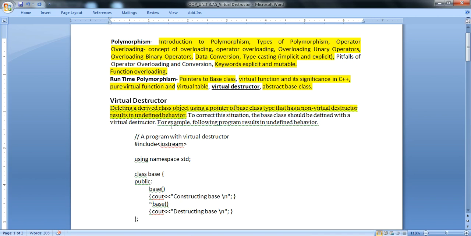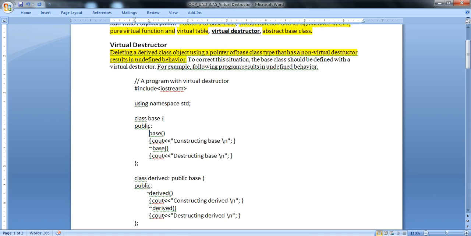This means that when we define a constructor and destructor in the base class and again in a derived class, how exactly are the destructors called for the base class and the derived class?